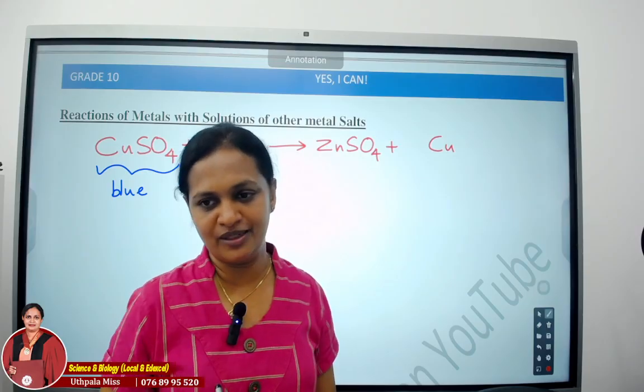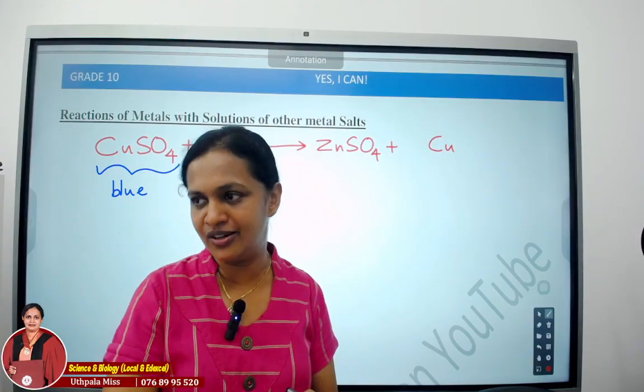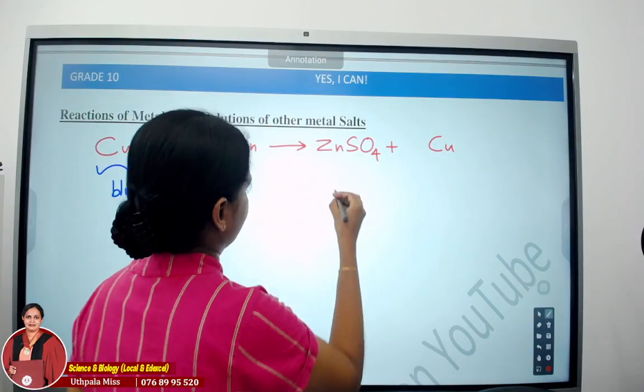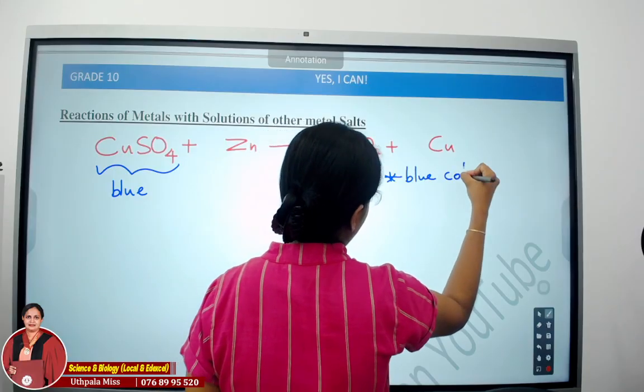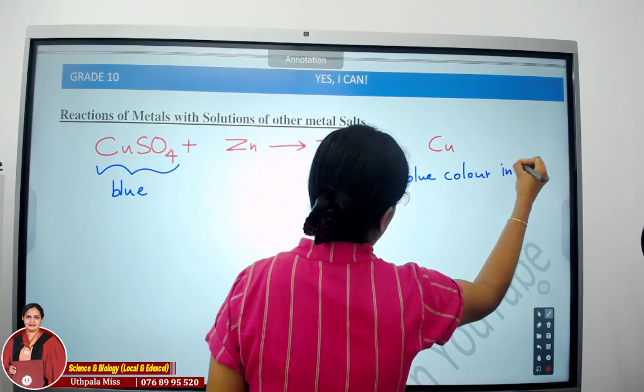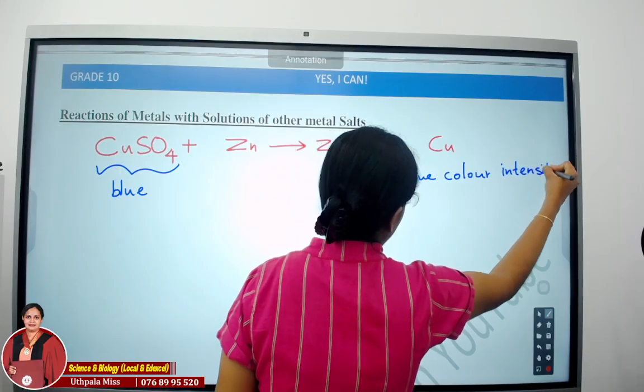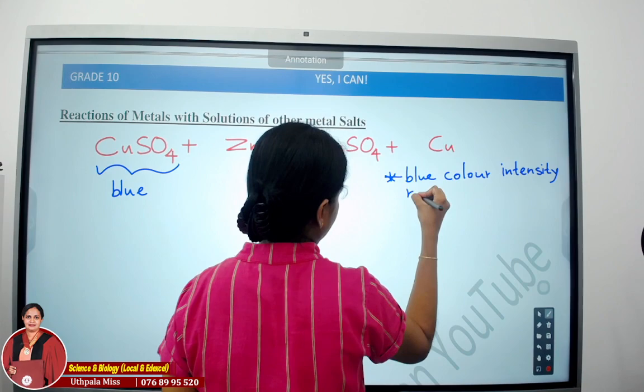So that is copper. Copper gets deposited. Now we can say blue color intensity reduces